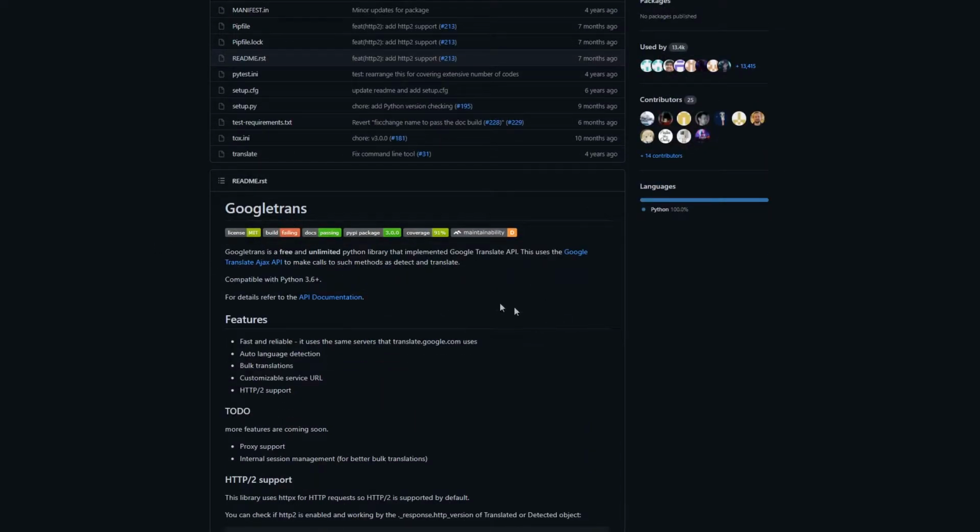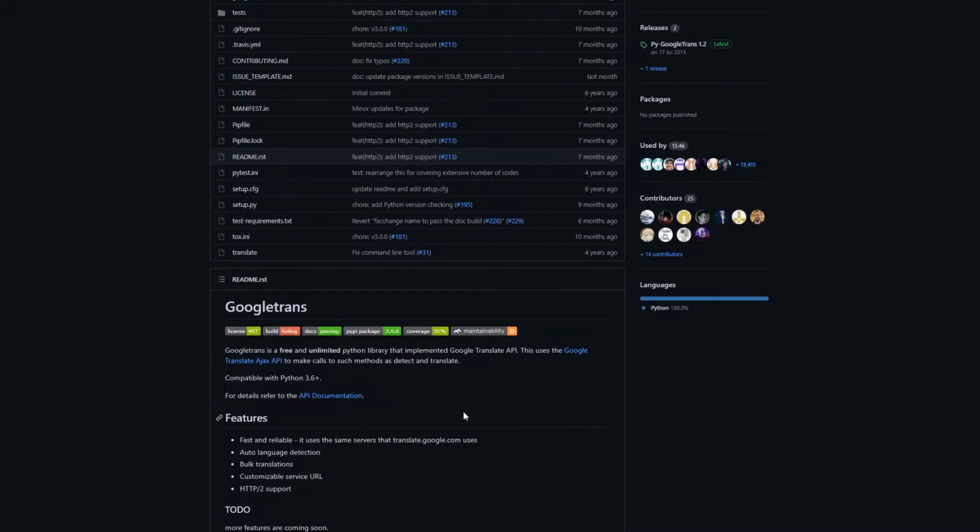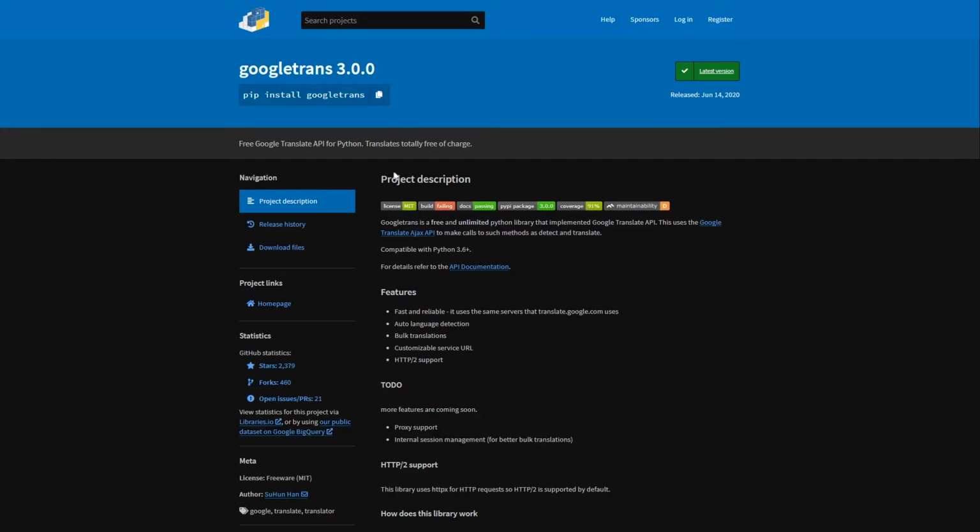use Google Translate inside of Python, and as always it is up on PyPI, so you can obviously do pip install googletrans, and there is a version for Python 2 I believe, but I'll be using the one for Python 3. And one very important thing to note is that you're going to have to be aware of these